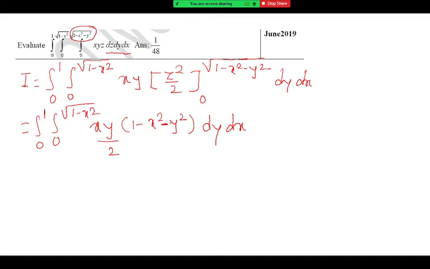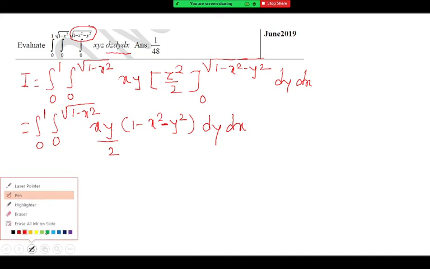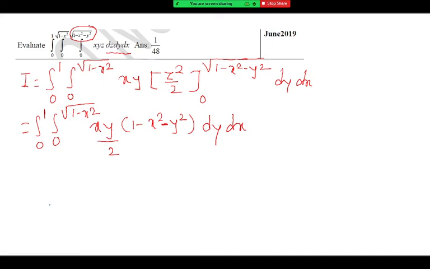This double integral is on which region first? Can you guess? Circle. It is a part of a circle, not the entire circle. If you observe, the limits of the double integral are y equal to 0, y equal to root of 1 minus x square, x equal to 0, and x equal to 1. So if you draw all four boundaries, you will come to know,